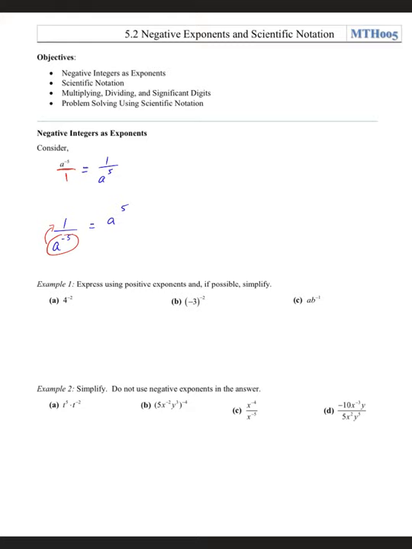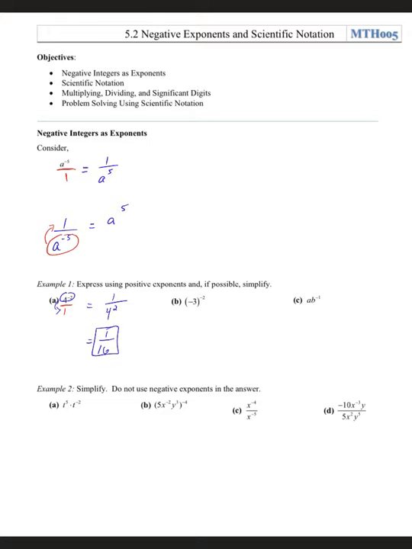So looking through the first set of examples here: express using positive exponents and if possible simplify. 4 to the negative 2 power. Again, we want to think of this over 1. But we want to make that exponent positive, so we need to take this and move it to the denominator, which would be 1 over, and now it would be 4 squared. Now 4 squared is something we can easily evaluate, so it'd be 1 over 16,